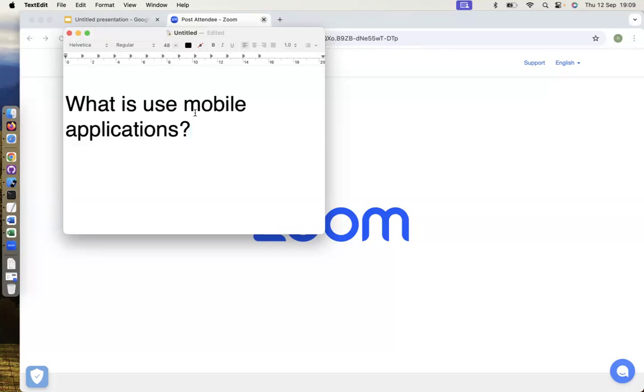For example, I can easily say WhatsApp is one mobile application. Next, Twitter, and all the different types of applications. You can take YouTube. Previously, we used web applications, I mean the web browser, with a YouTube link. But nowadays, everyone uses their own apps: YouTube, WhatsApp, Gmail. So many applications we are using right now. These apps we can use for communication or for entertainment. Next, how many types of mobile applications are there?